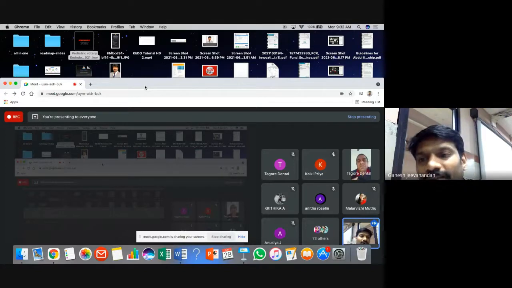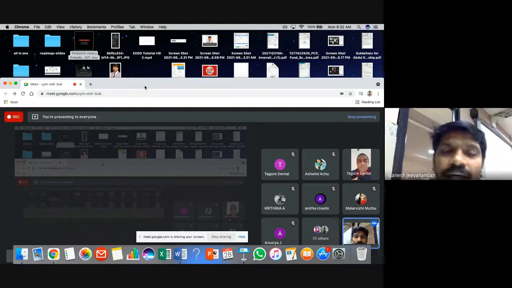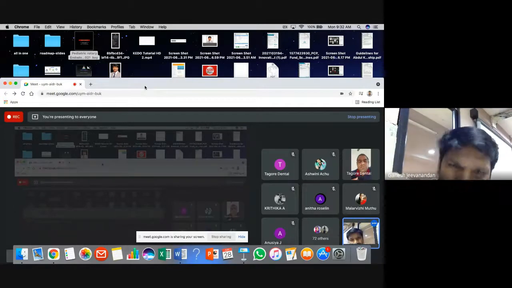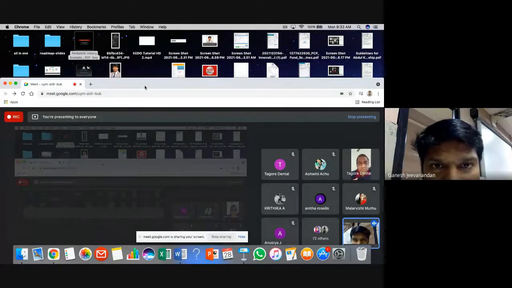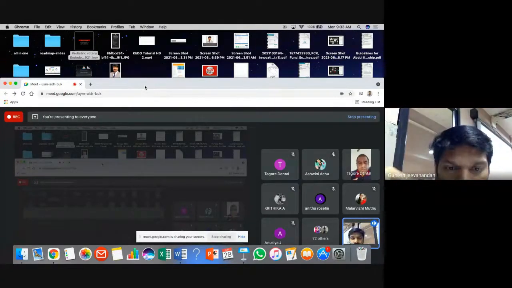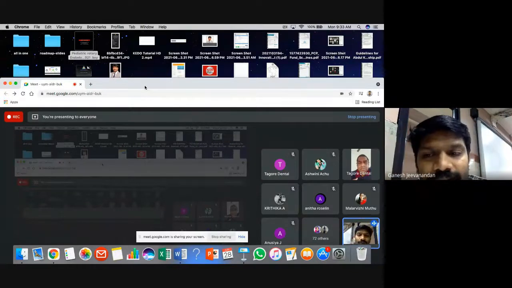So that is called the torque. When you have a specific torque designed for a rotary file, any amount of resistance offered by the tooth will be taken care of by this particular file and the endo motor. So that is called torque and rotation per minute. RPM is rotation per minute: in one minute, how many times this particular file rotates.